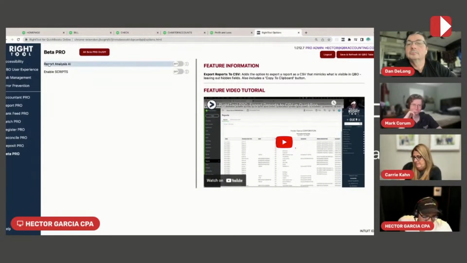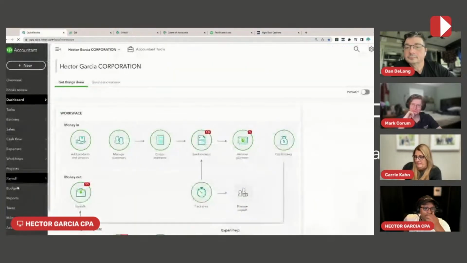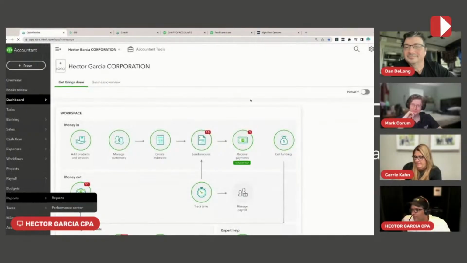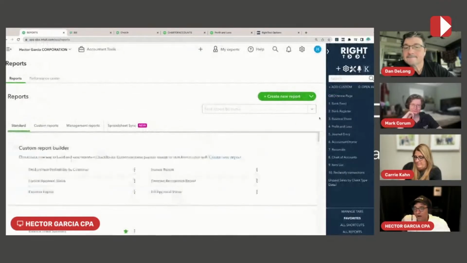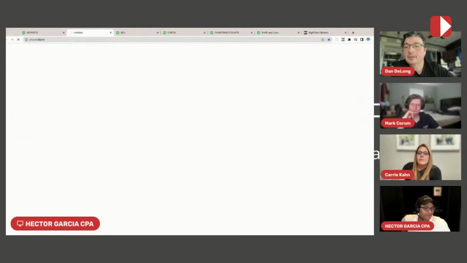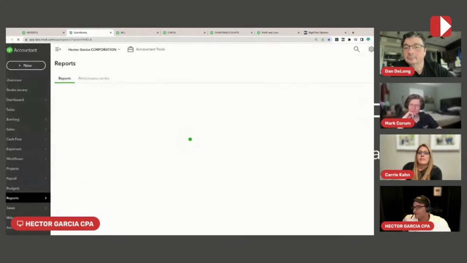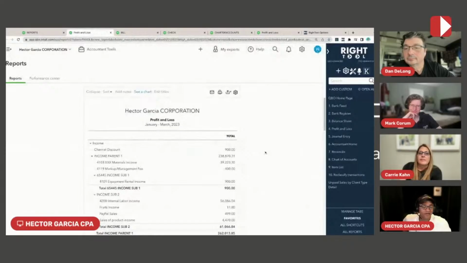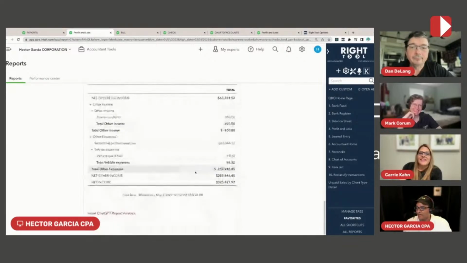And this is another one that's going to get people jumping out of their chairs, which is ChatGPT. We're going to use ChatGPT with QuickBooks, and this is going to start freaking people out a little bit, and I totally understand why, because this is going to do some of the work that we are used to doing, such as explaining a financial statement to a client. So imagine a world where in QuickBooks, in real time, you're looking at a P&L, and next to it, there's ChatGPT doing all sorts of analysis for you. Wouldn't that be awesome? Some people might think maybe or maybe not. But what's really cool is I could come in here